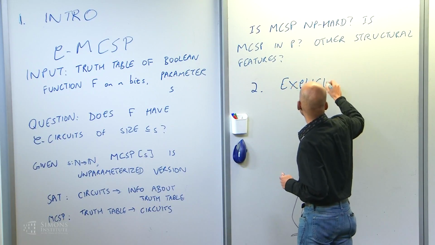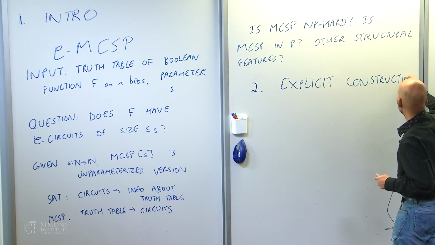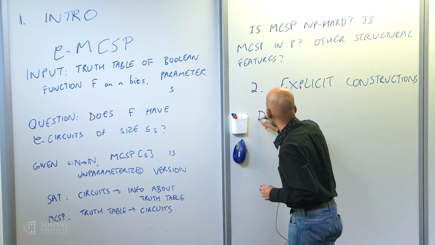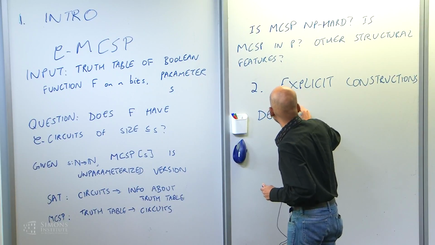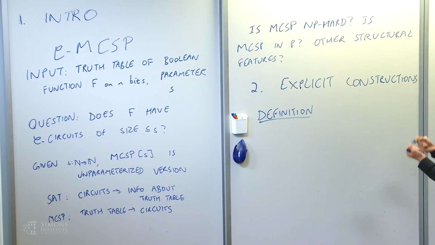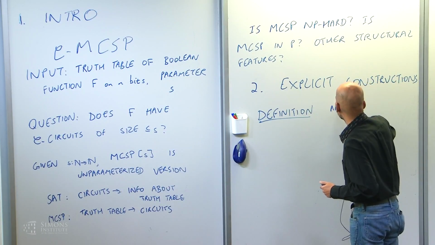The first thing I'm going to talk about after the intro is the question of explicit constructions, quite briefly, because it'll come into the question of NP-hardness. So what's an explicit construction? Let me just define it. An explicit construction is just an algorithm that allows you to get your hands on yes and no inputs of different lengths. Explicit.